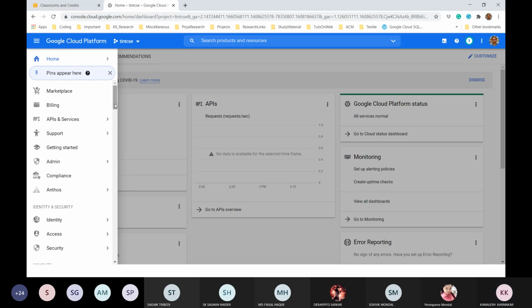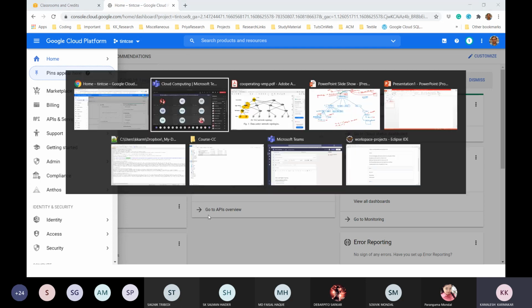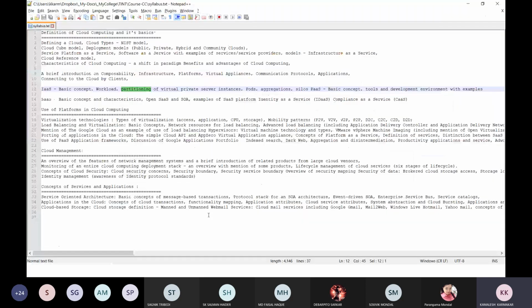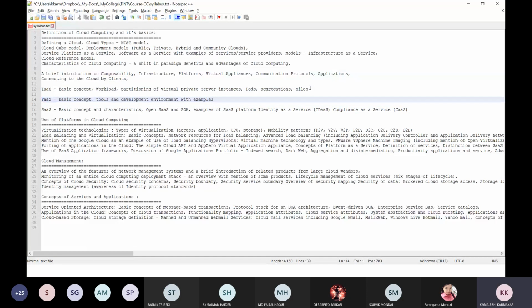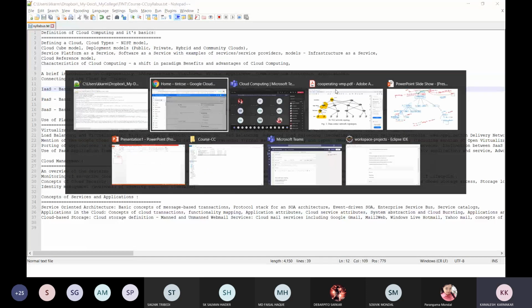Okay, so let us discuss a few topics, because from the next class we'll start from here. According to the syllabus, which you have seen, there are a few topics like infrastructure as a service and software as a service. You have to be familiar with infrastructure as a service and software as a service at least. Obviously we will also be familiar with platform as a service, which is also mentioned, and will be discussed.